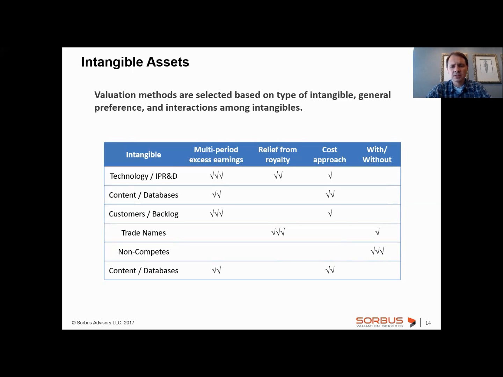Now, non-compete agreements are pretty small usually in value in the purchase price allocation world, but without method is extremely valuable in a corporate planning world or strategic planning world for companies. So like brand names could be valued based on the without method, or technologies could be valued on without method. It's typically pretty laborious and is not really warranted for the purchase price allocation world, but certainly internally companies do a lot of that.